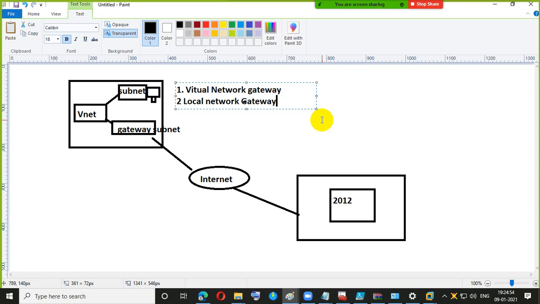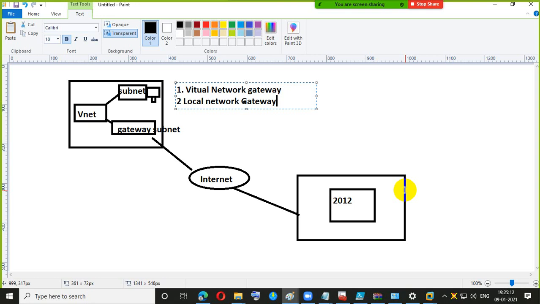While you create the local network gateway, this public address is required.